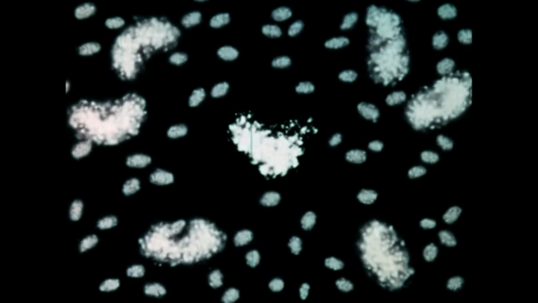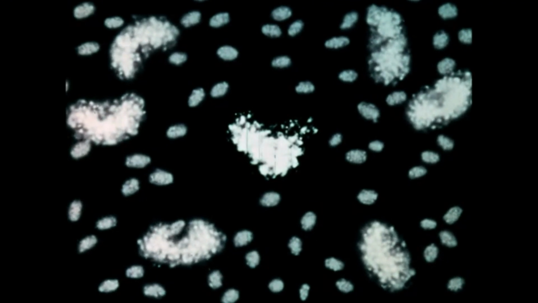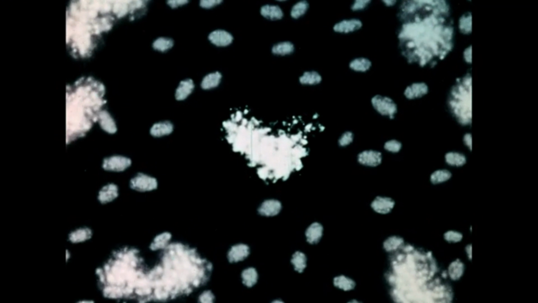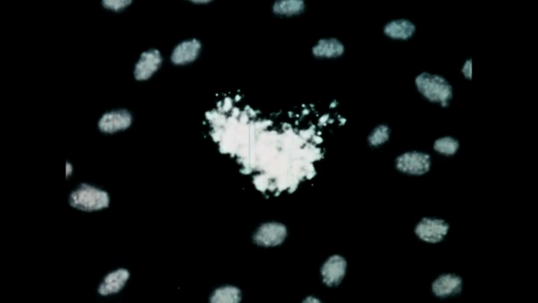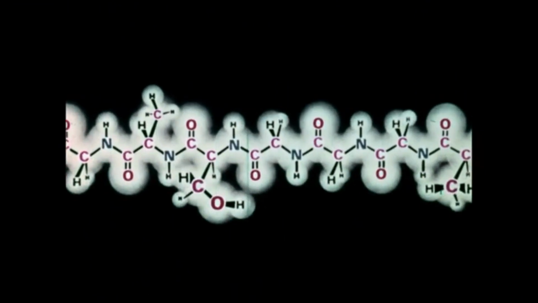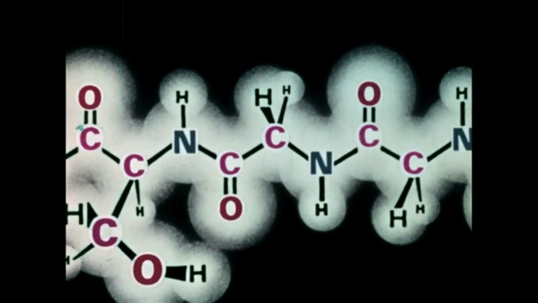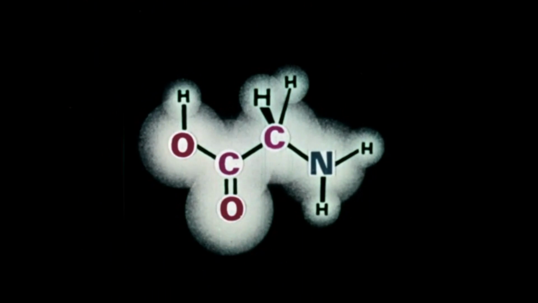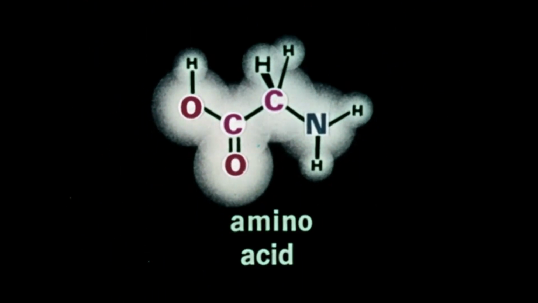However, among the most important proteins are enzymes, which control the chemical reactions that maintain life. This is a field ion micrograph of the enzyme ribonuclease, which is about 4 millionths of a millimeter long. The protein molecule is a polymer. That is, it's a large linear molecule that can be split into small molecules. These small molecules are called amino acids.